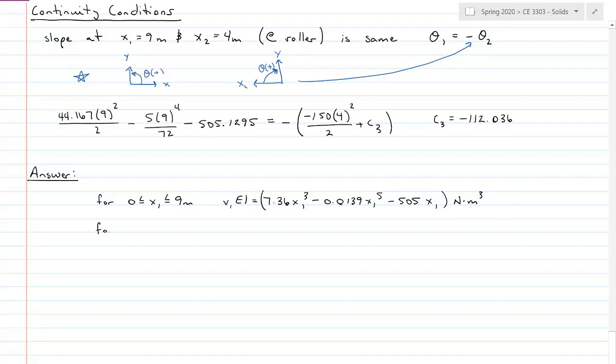And then for 0 less than or equal to x2 less than or equal to 4 meters, little v2 EI is equal to,